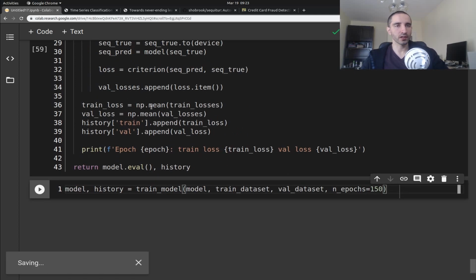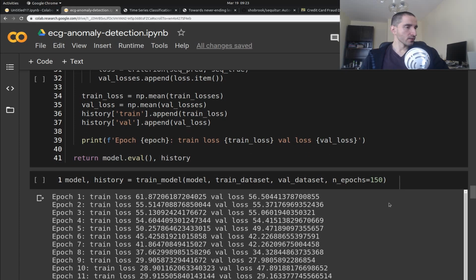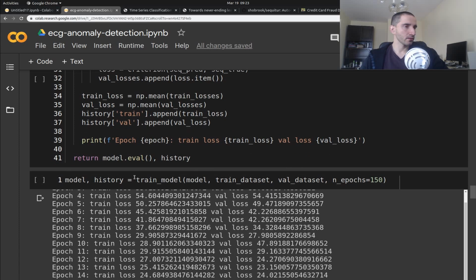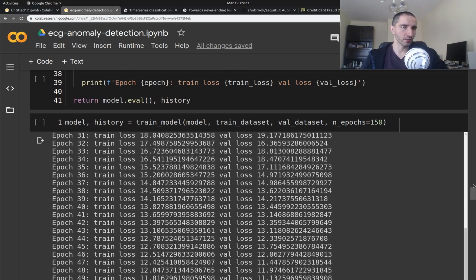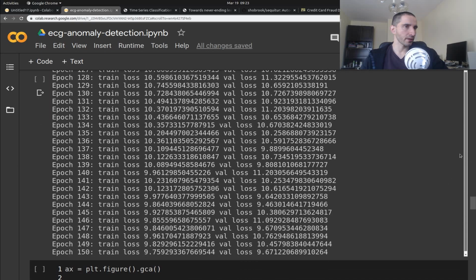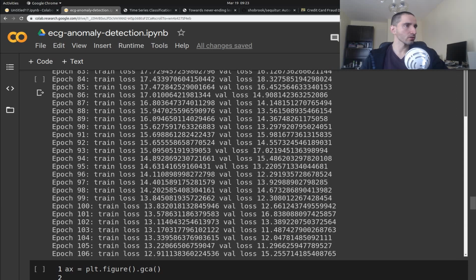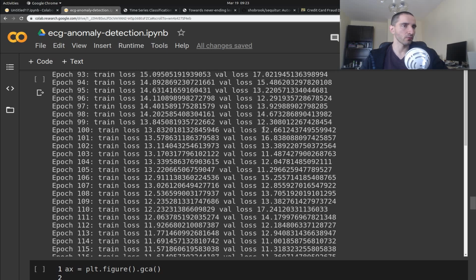I'm not actually going to run this, but I'm going to show you the log from my training. This is pretty much exactly the same code. You can see that we are training here for 150 epochs, and the validation error is getting very low at around epoch 100,